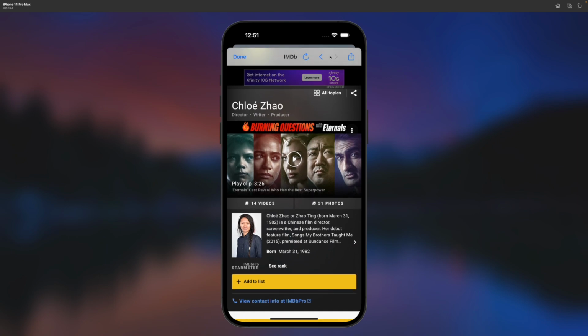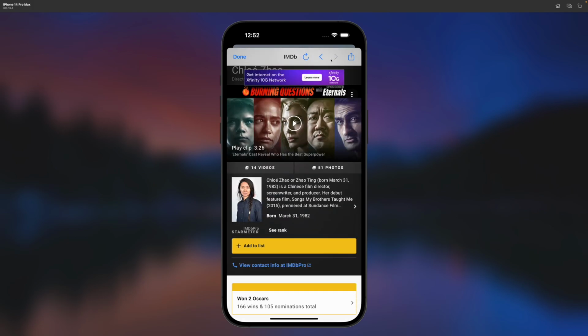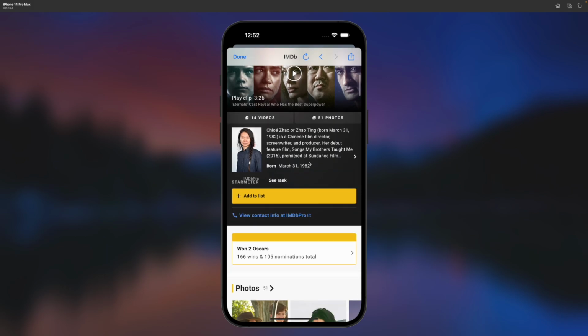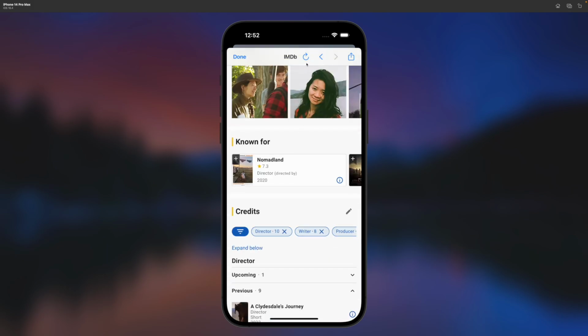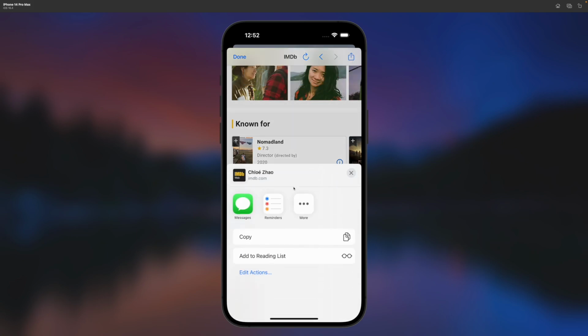And as you will notice, here we have the blue arrow button lights up, which shows the go back functionality is enabled. So let's click on this to go back to the movie tab, and also we could click on this go forward button to go forward. Meanwhile, if you're encountering some internet issue, you can click on this refresh button to refresh the view, and also click on this sharing button to share this information with your friends and family.